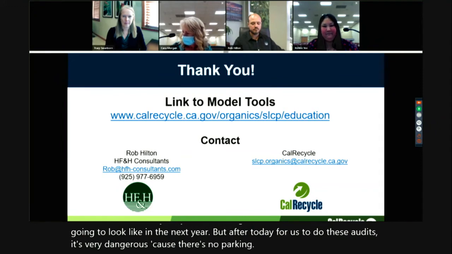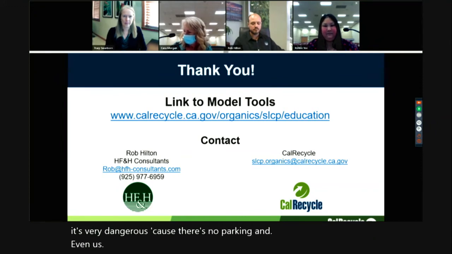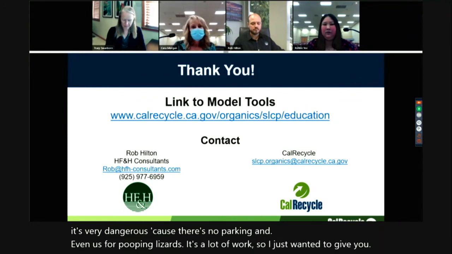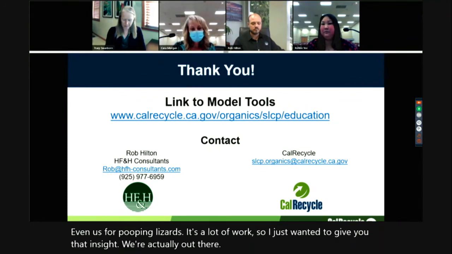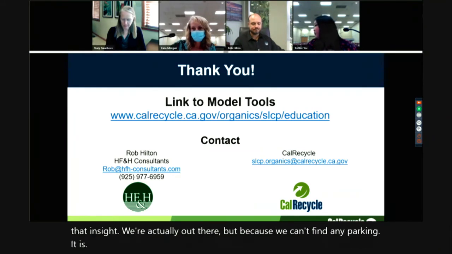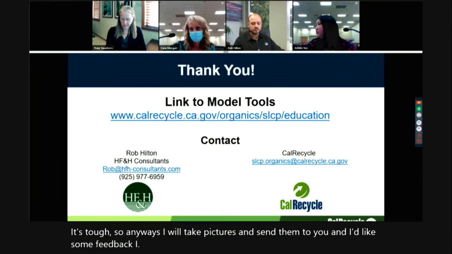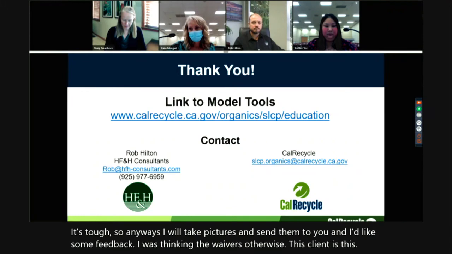And flipping lids is a lot of work. I just wanted to give you that insight. We're out there, but we can't find any parking, so it's tough. I will take pictures and send them to you, and I'd like some feedback. I was thinking the waivers, otherwise this hauler is going to have a mixture of carts.